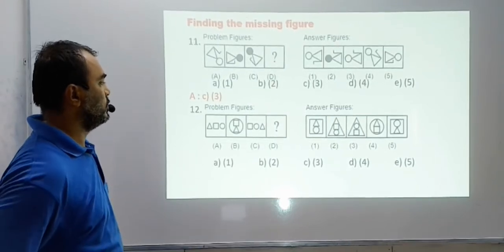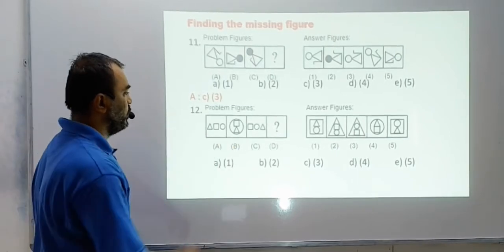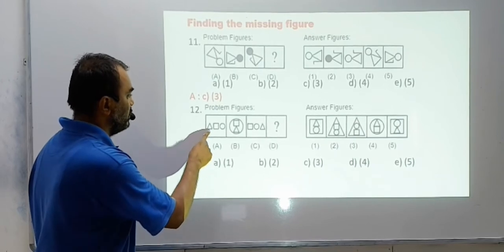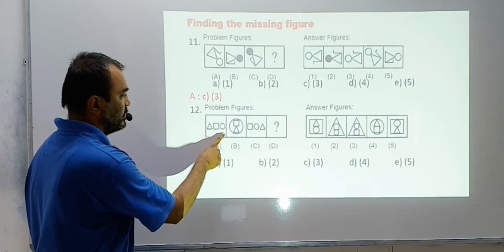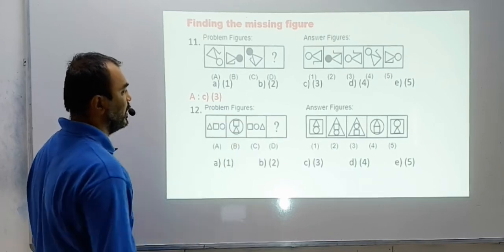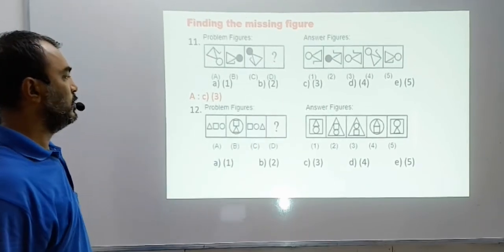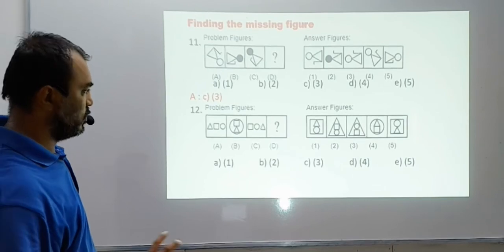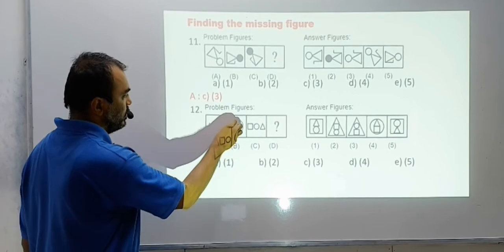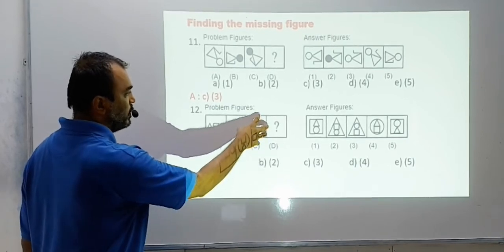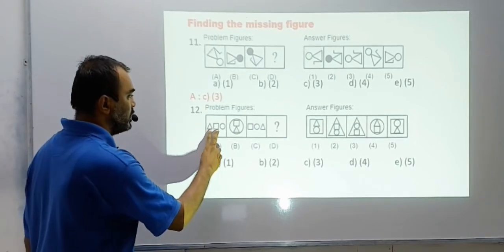What you can notice here? Let us study A and B. There is a triangle, a square, and a circle. So the figure on the rightmost side, circle, has enlarged. So if you use the same logic here, this triangle should enlarge, right? The triangle should enlarge. Follow the conditions. 3 figures here. The figure to the right, the circle, has become bigger. So the triangle should become bigger. See which are the bigger triangles? 2 and 3.